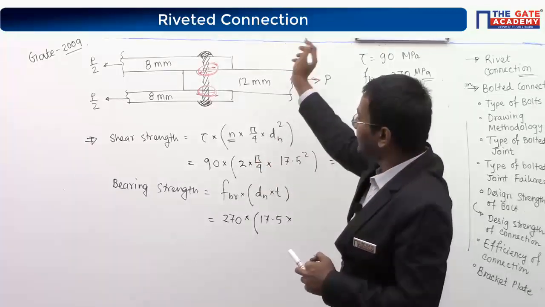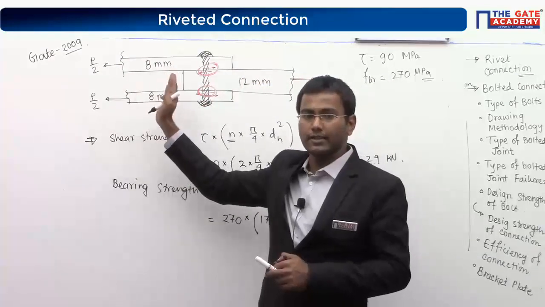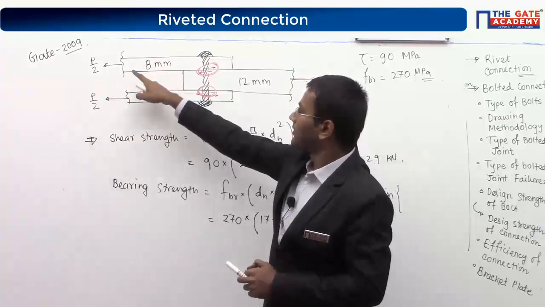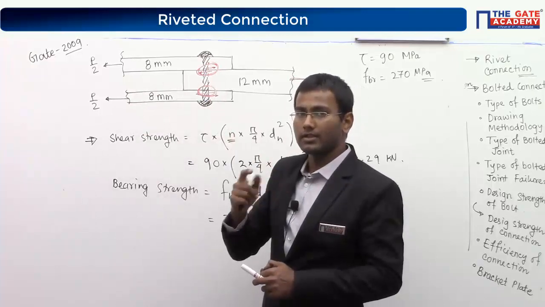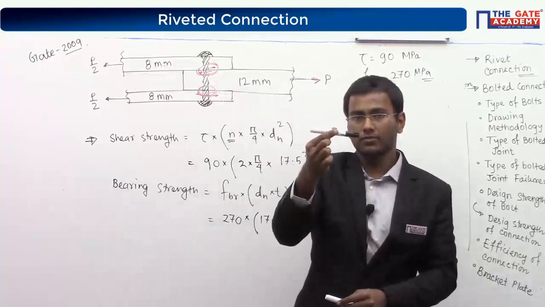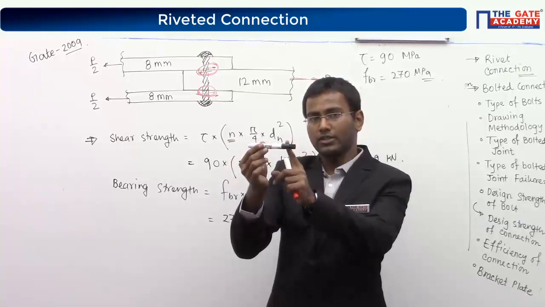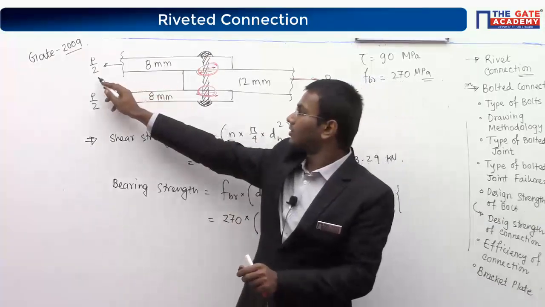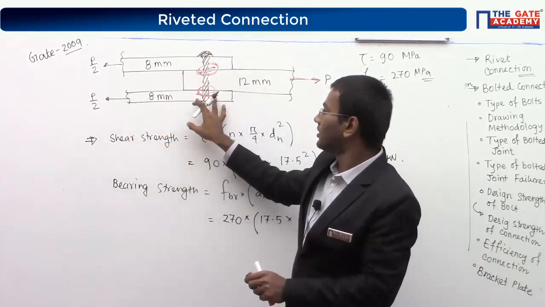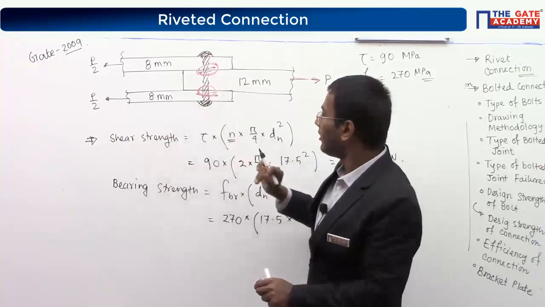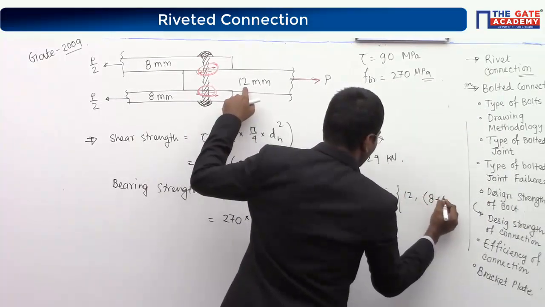But see here what is happening, this force and this force is acting in one direction, right? P by 2 and P by 2 is acting in this direction. So it means this force and this force are giving bearing in the same direction. Just assume there is plate 1, this plate, you are pulling this way, so it means at a certain section, some bearing force is acting here. So for this load, one portion is under bearing, and for this portion, one portion is under bearing, right? So what I will do, for thickness portion, I will take 12, 8 plus 8.